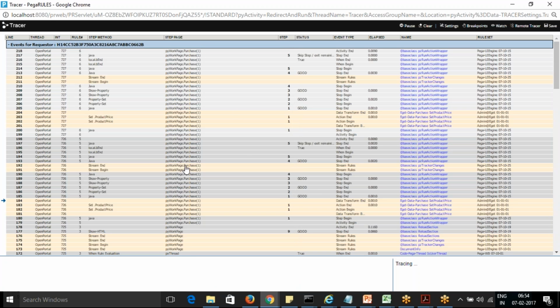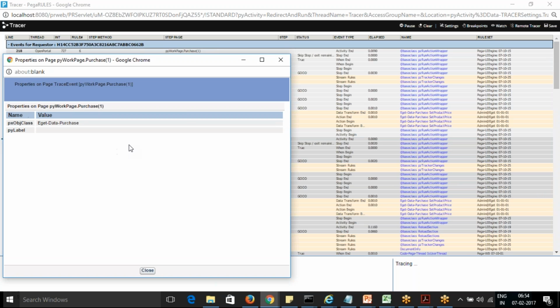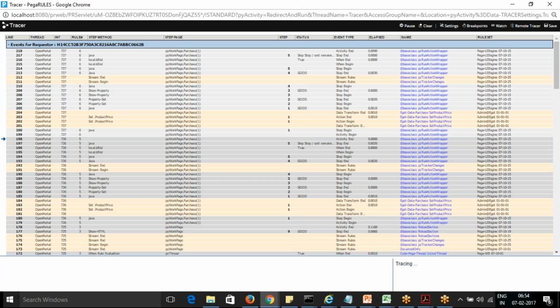After the post value, it should have values. The product ID is not getting populated in this page.